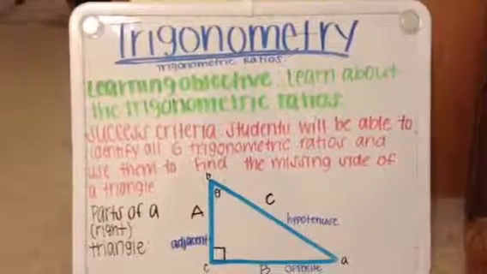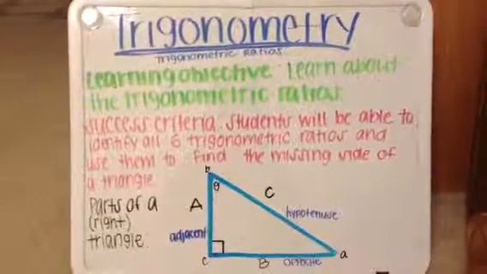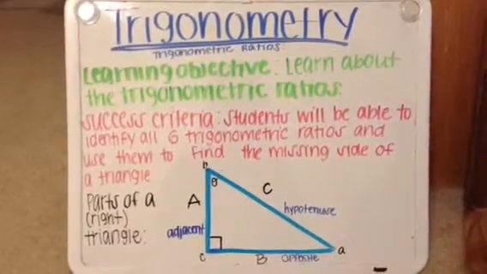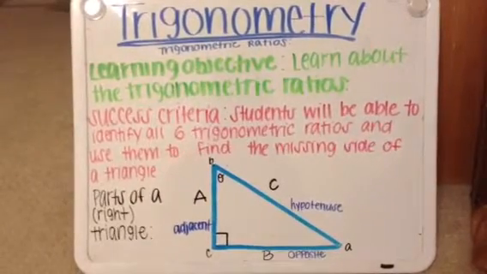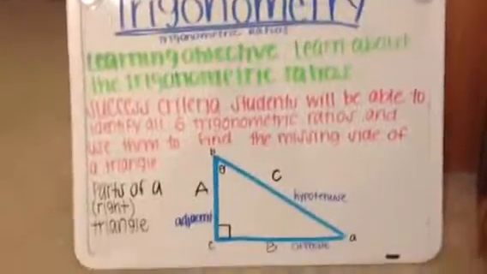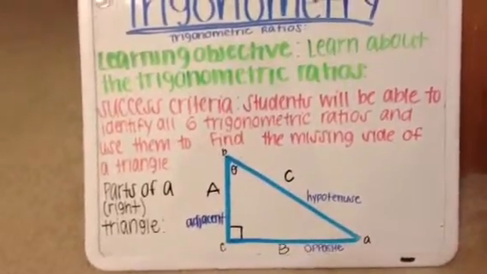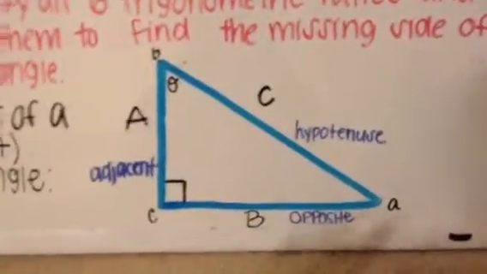So I did my project on trigonometry, and the learning objective is to learn about the trig ratios. The success criteria is students will be able to identify all 6 trig ratios and use them to find the missing side of a triangle. The first part you need to know is that it works for a right triangle, and that if this is